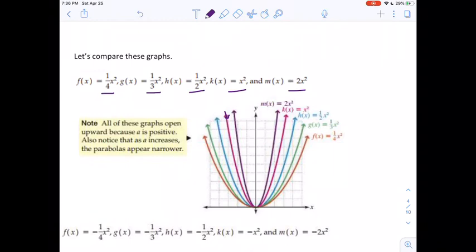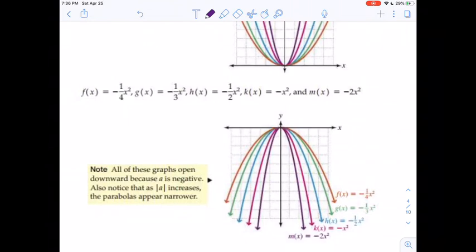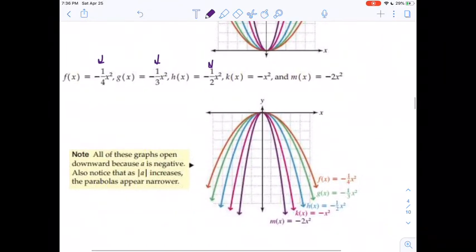And notice how the numbers in front of x squared are changing the way the parabola not moves, but expands. So if I multiply by 2, it's getting more narrow. If I multiply by 1/2, it gets wider, 1/3 even wider, 1/4 even wider. Okay, and same thing for here. If I multiply by negative numbers, so a is negative, it's pointing downwards, but it's still expanding the graph or